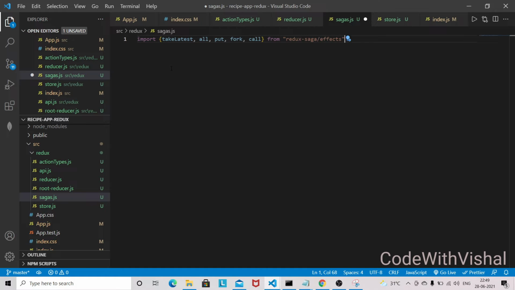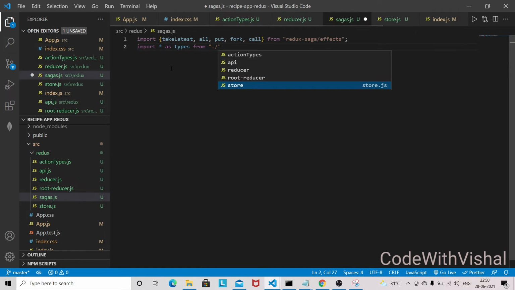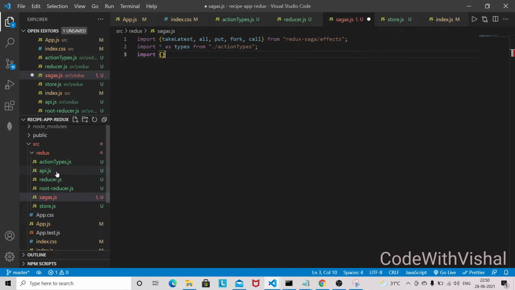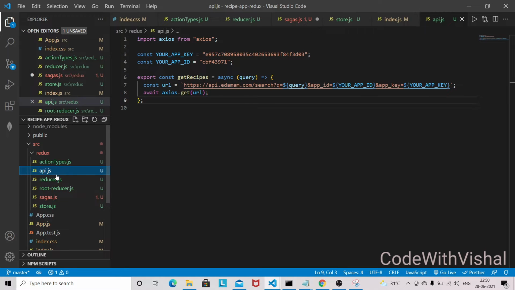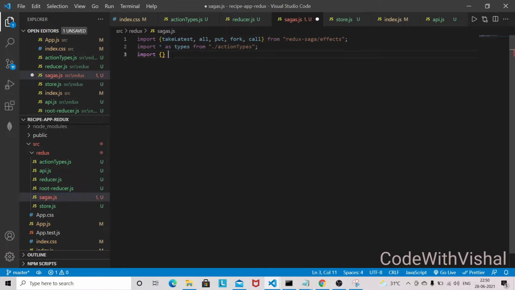So these many effects we are going to use in this file, and we also require the action types, so I'll be importing from action type, and we also need the API which we have placed in the API.js file. So this API we need from our API file, getRecipe.